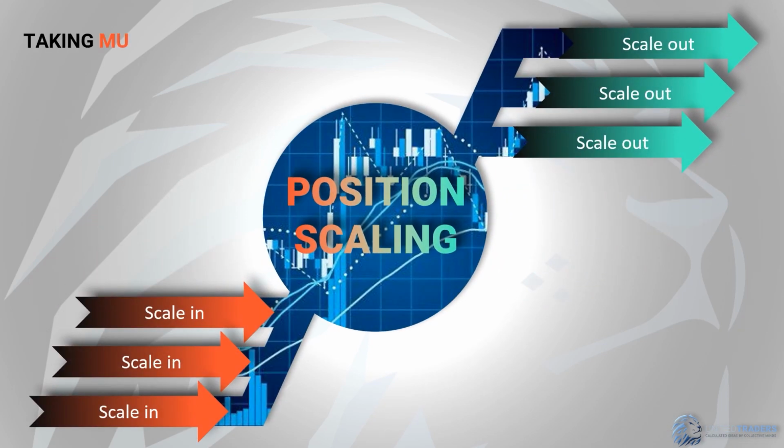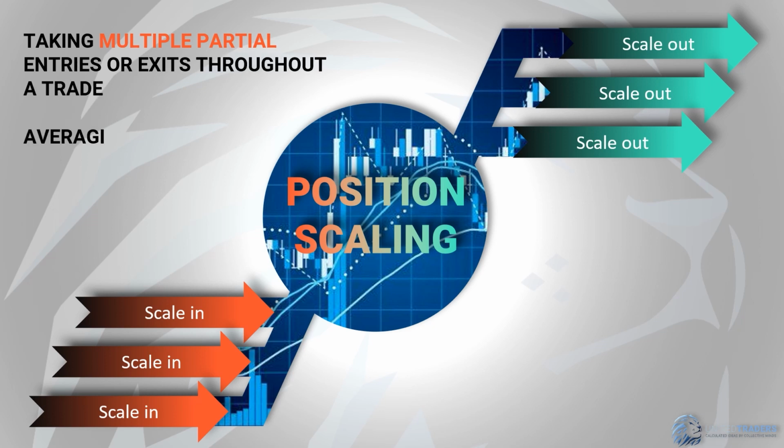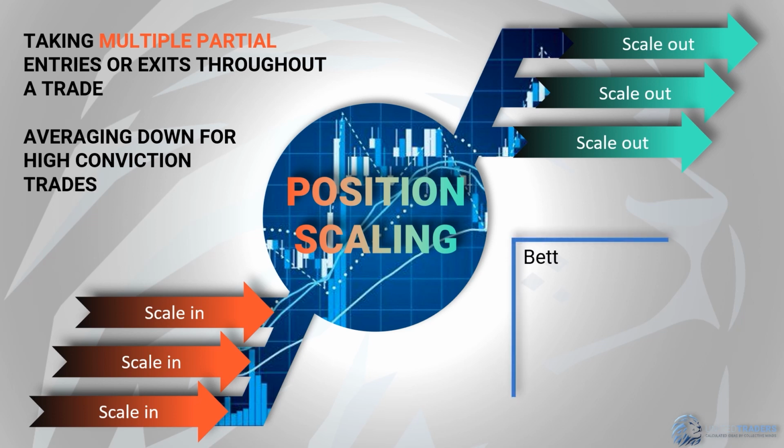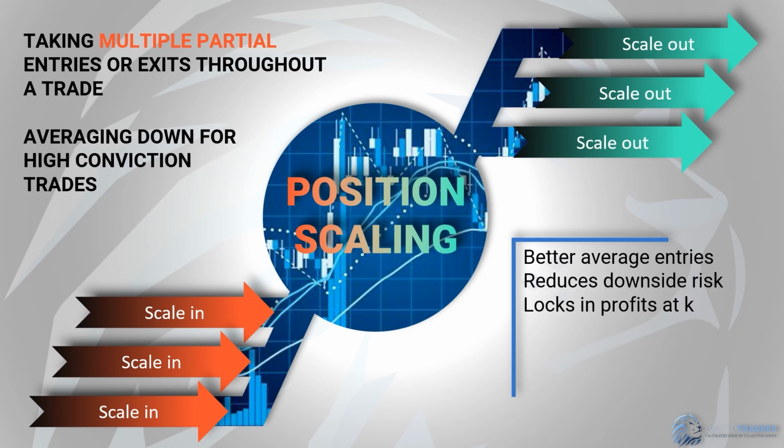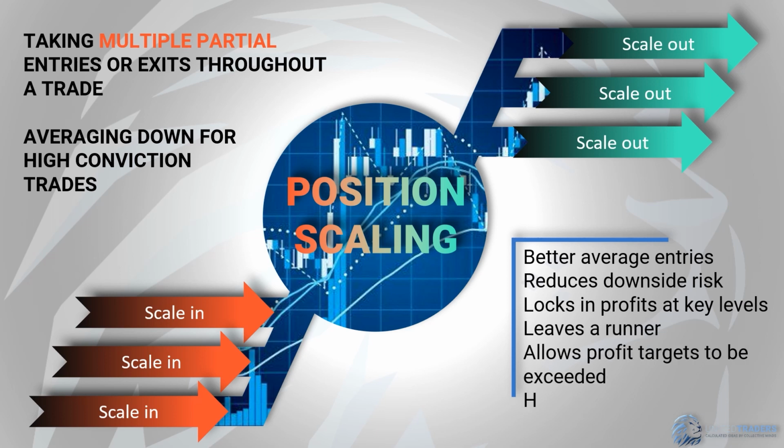Scaling in and out of positions. It's common for traders to scale into or out of a trade by taking multiple fractional entries to enter a trade and fractionally exiting a trade at different price targets. This can improve the percentage of winning trades over time, and can minimize drawdowns per trade, but it sacrifices some potential home run profits. As an example, if every trade were taken only at the most ideal entry points and profit targets, the number of winning trades would be far less than if trades were scaled into over several potential entry points and scaled out of at different profit targets on the way to the most optimistic profit target.